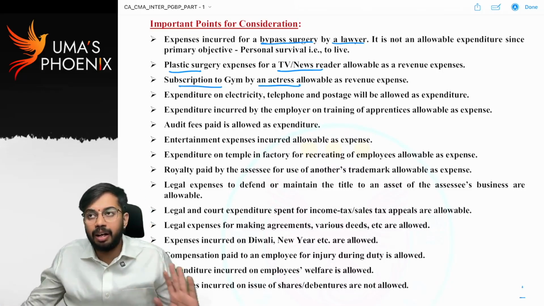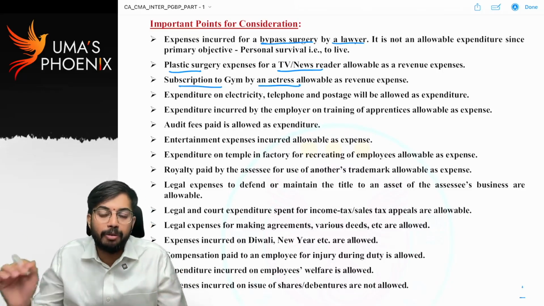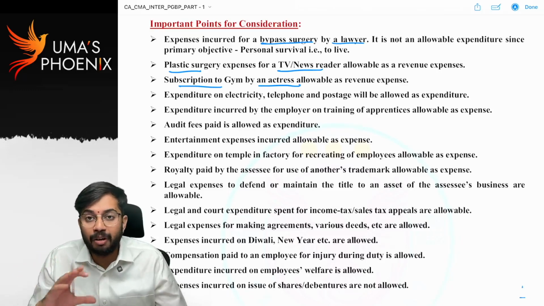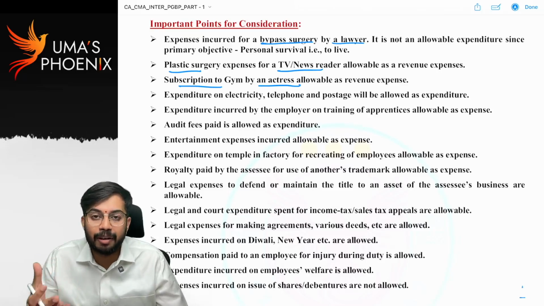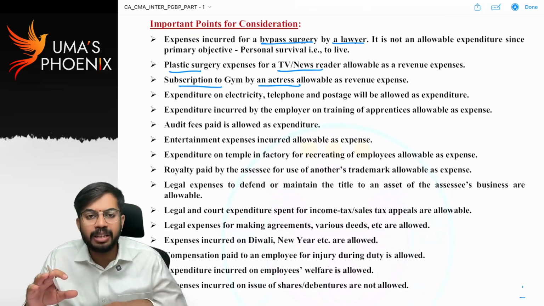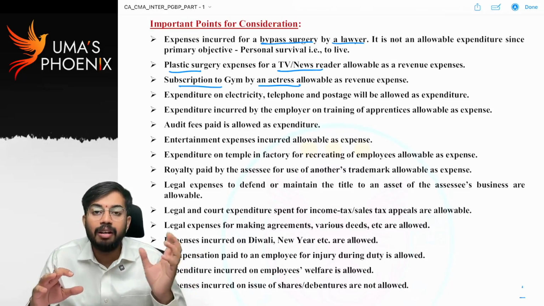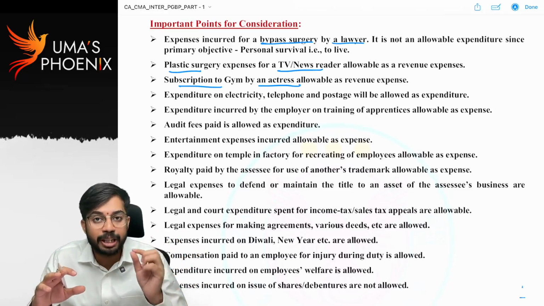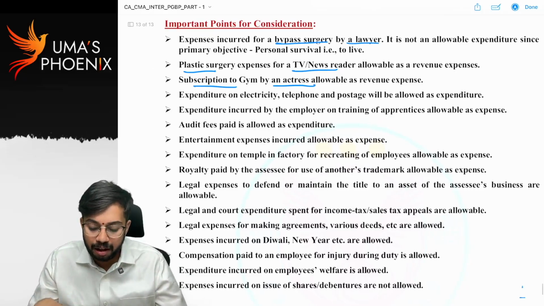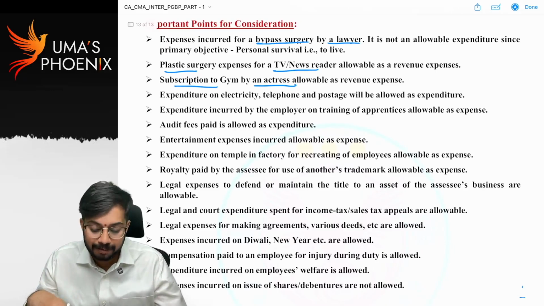For movies, in order to get prepared for a movie, if they subscribe to any gym, whatever the expenditure for the gym is, that is allowed as deduction, because it is mandatory for them to go to the gym to maintain that physique. If they pay any expenditure for that, that is also a revenue expenditure. All these are various case laws. Whatever judgments were given in those case laws are highlighted in brief in various points.